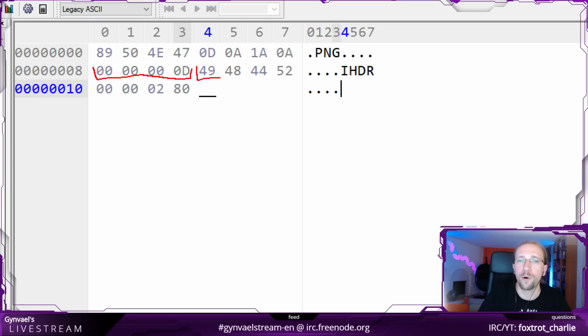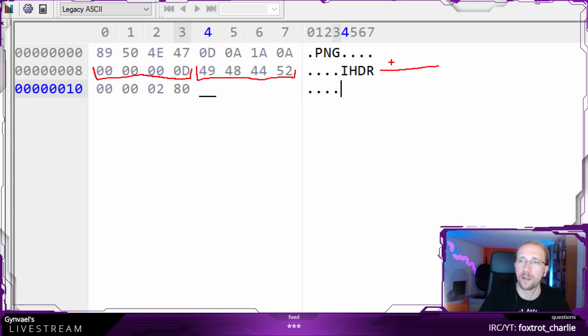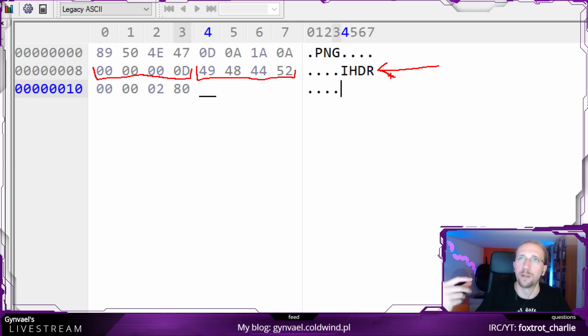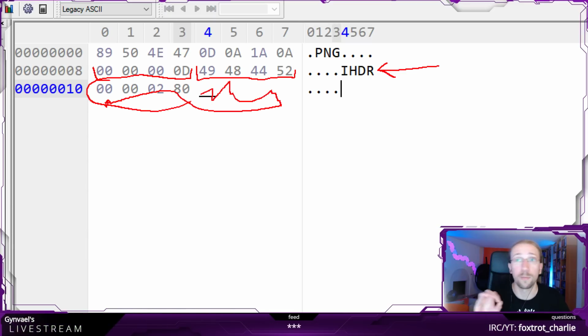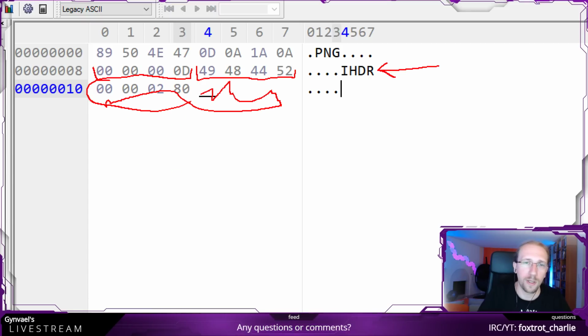And then there is a 4-byte tag of the block. A tag is basically like some identifier. In this case, it's header, which means it's just the PNG header. And then there is the data, and we do not have this part of the data, but thankfully it might be easy to guess it. And then there will be somewhere, after this many bytes, I don't remember if this actually includes or doesn't include. I think it includes some of this, but not everything.